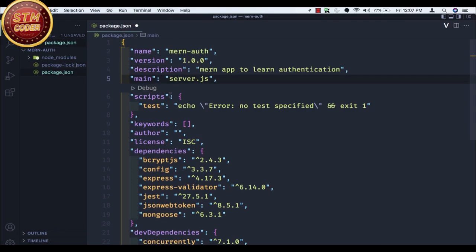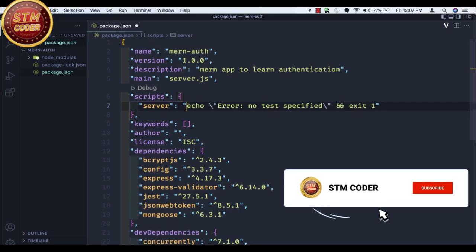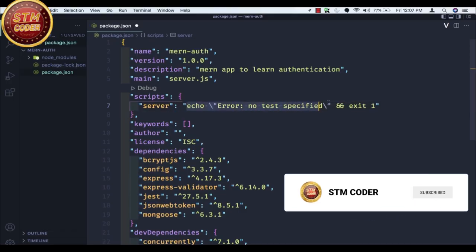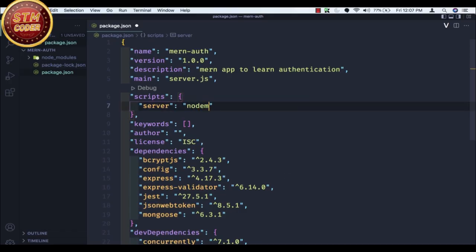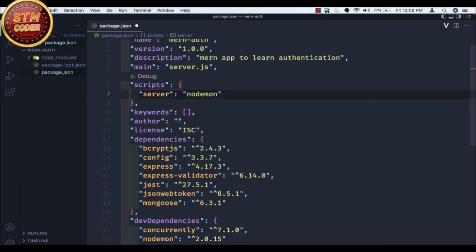And then we will create the script right away. That's going to be server. So just remove the test and do server, and the server script will use nodemon. So I specify nodemon in the script, and finally in the author I will do tech academy. So let's save this file and we are good to go. We have installed all the dependencies for the project. Now in the next video, I will create the server.js file and we will create the Express app.